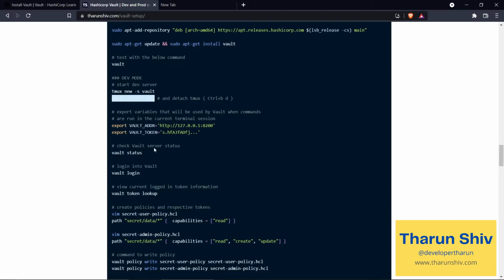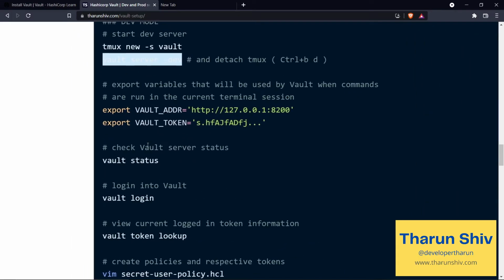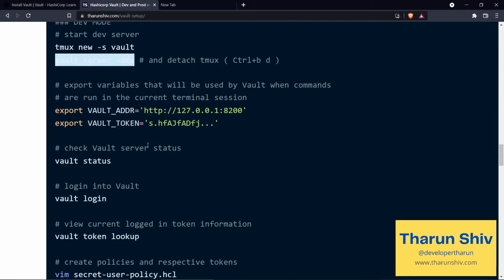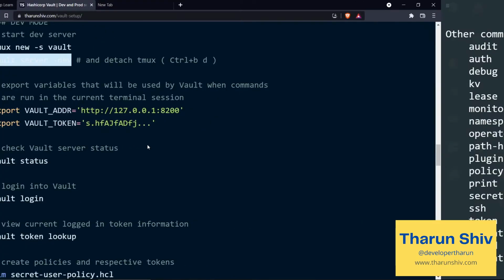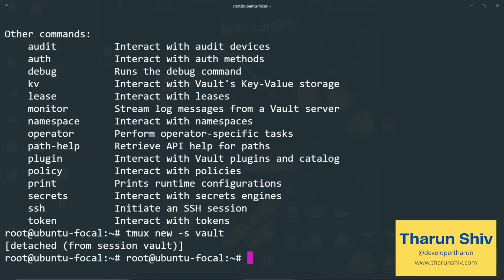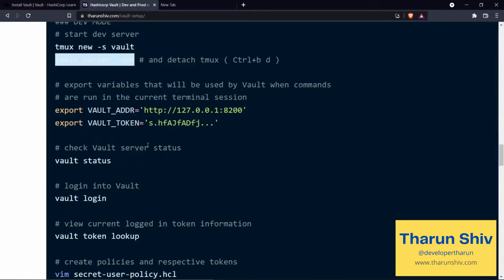Now what we can do is we'll have to export two environment variables, which is VAULT_ADDR, for the vault address, and VAULT_TOKEN, where you'll have to provide the root token in order to log in. Now you might ask, we spoke about unsealing of the server and we haven't done it yet. The reason we haven't done it yet is, if you remember, I told you for a dev server, we need not seal or unseal the server, right? It comes initialized and unsealed, and that's the reason. And we'll come to the unseal part in the setup of the production server.